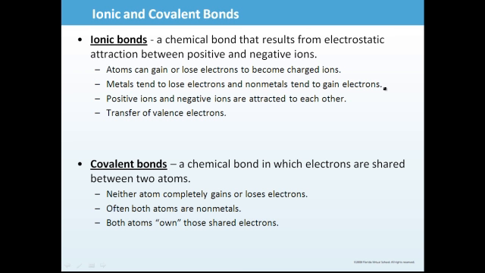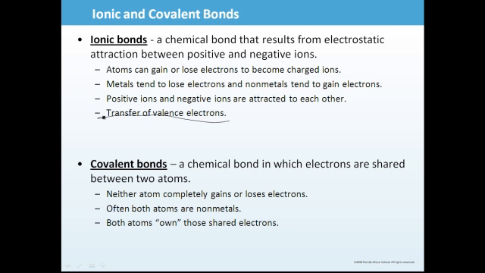And of course, we've all heard that famous saying, opposites attract. So you have a positive ion and a negative ion. They're going to attract together and form a bond, and that's what we call an ionic bond. To make that ionic bond, what's occurring is simply a transfer of electrons. That's this last bullet point right here. We're transferring electrons from the metal to the nonmetal, thereby forming ions that are oppositely charged,